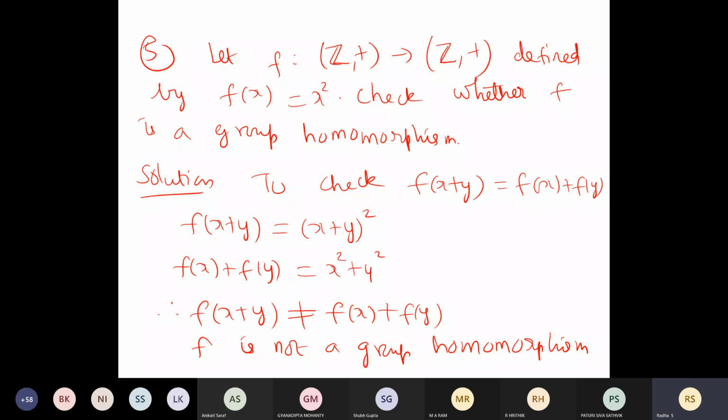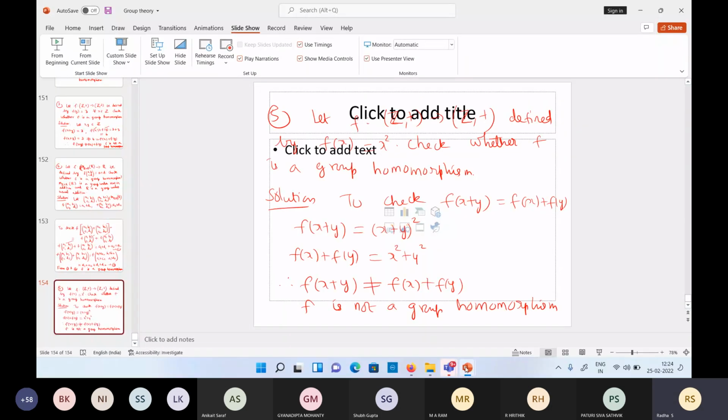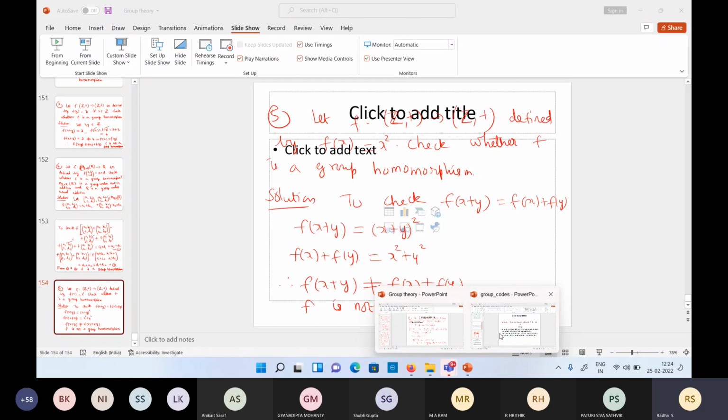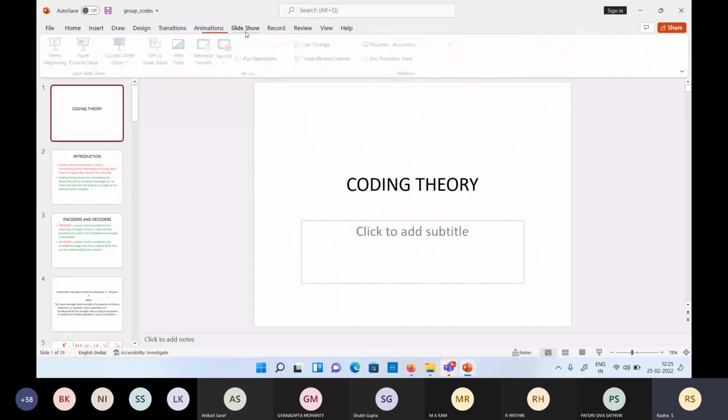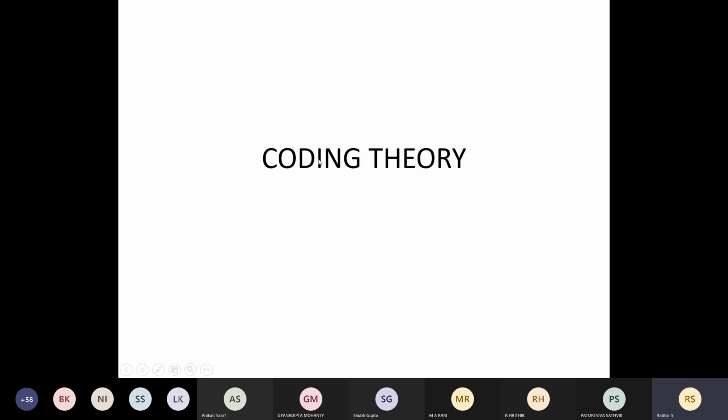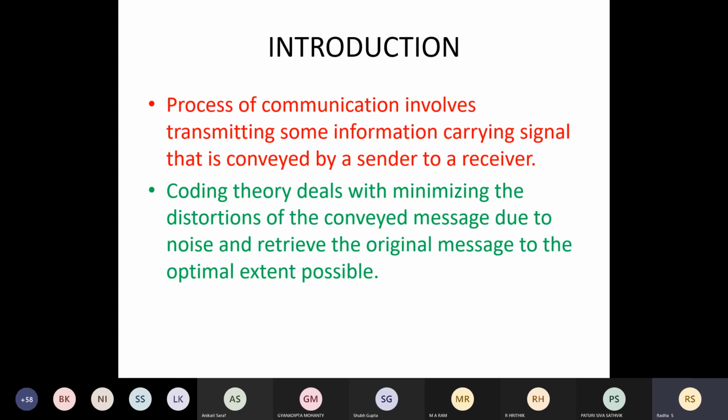Okay, I think time is there. What is the time now? 12:25, ma'am. Time is there. I'll just introduce the next topic. Still, this module 3 is not over. Module 3 is somewhat lengthier. Module 4 and all we can complete on time. 5, 6, 7 and all it will be very fast. Don't worry.